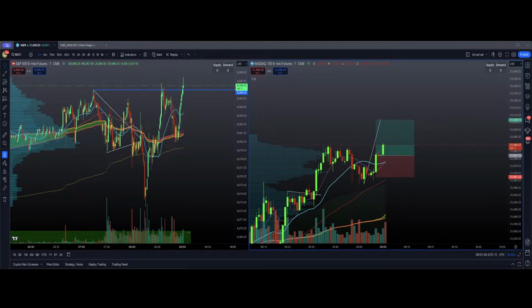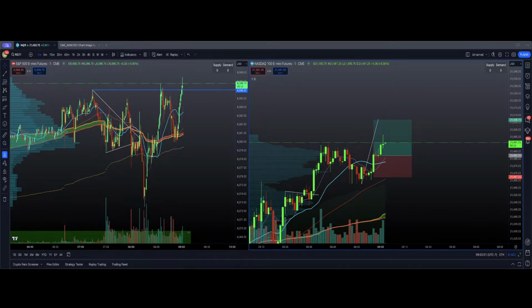Yeah, it is disabled and it's still not. That's for the crosshair though, not the chart. And because we're at all-time highs, usually I'll just zoom out. No, I can't zoom out because we're at all-time highs. Maybe if I switch to the daily. I mean, yeah, I can see a bit higher if I switch to the daily, but...